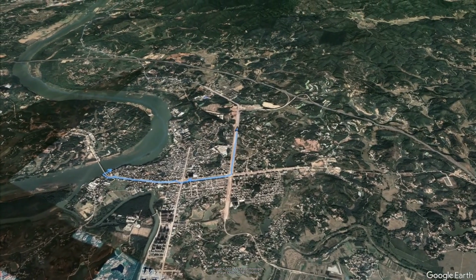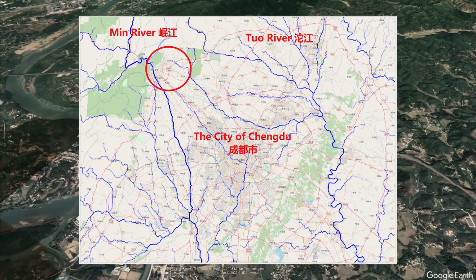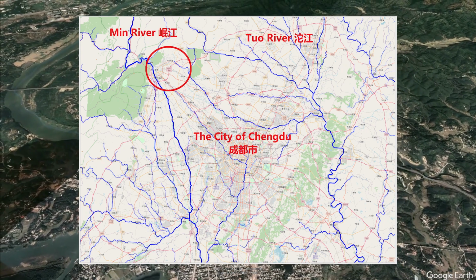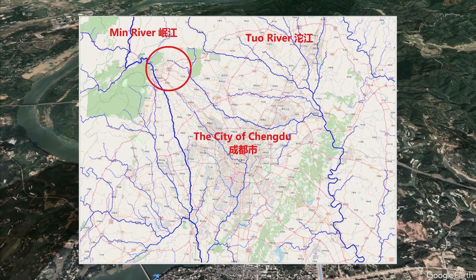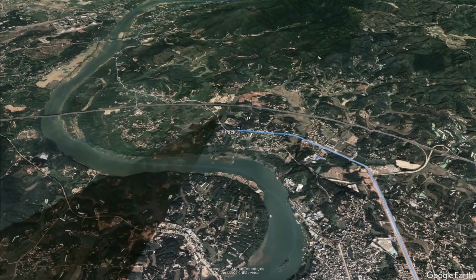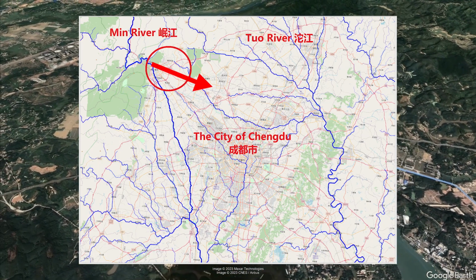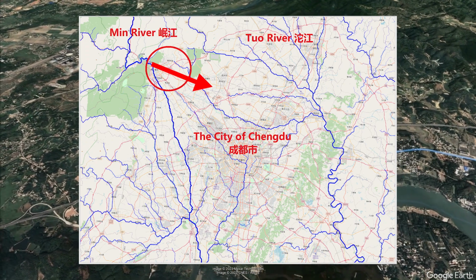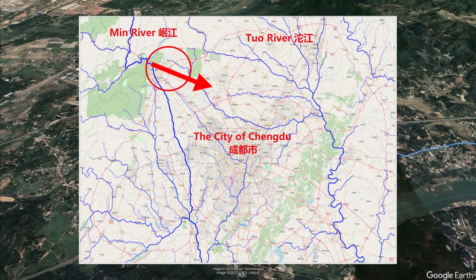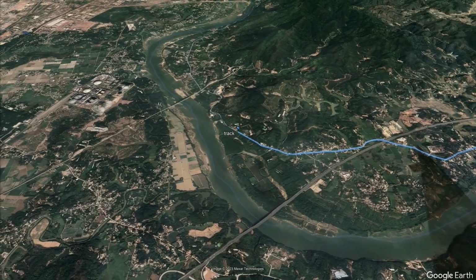There is an interesting example. The Hanjiang River and the Dongjiang River are both significant tributaries of the Yangtze River with different origins and routes. But somewhere in the middle, they are connected naturally. A certain amount of water flows from the Min River to Tuo River. In Chinese, there is a term to describe this kind of phenomenon called Shuang Sheng He Lu.